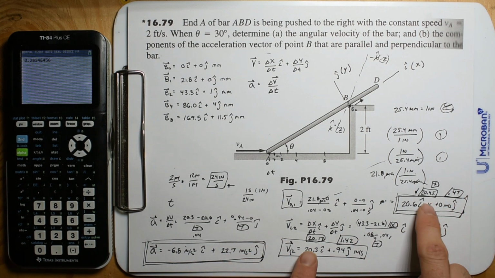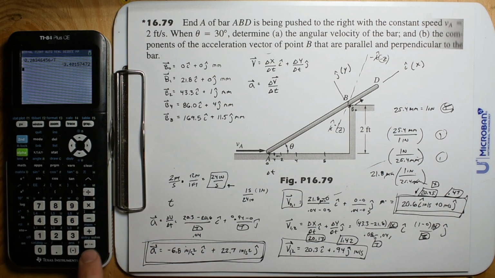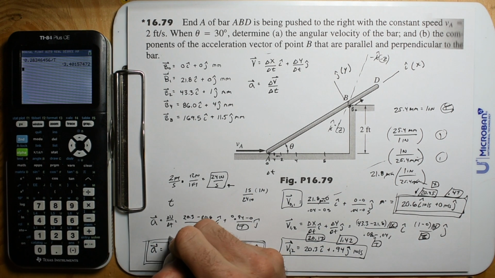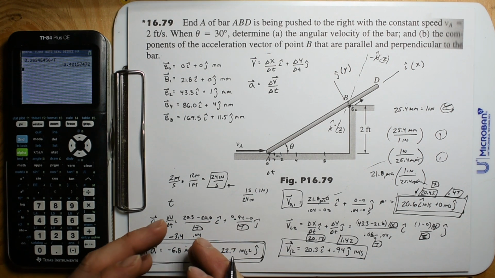I don't have to convert anything. This is just the inches per second, and then we're going to divide by that alpha t. Hell yeah. So we're going to get an acceleration of negative 3.4. So this acceleration is going to be reduced